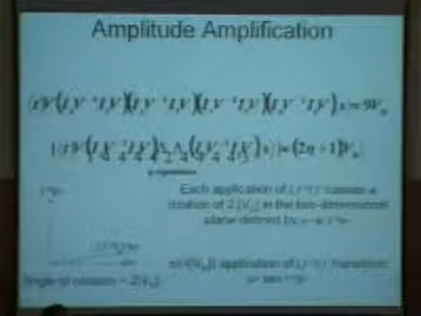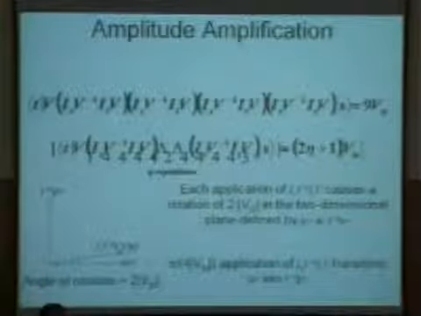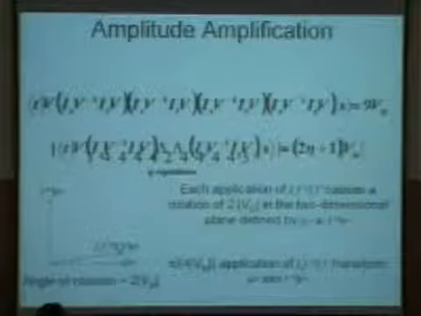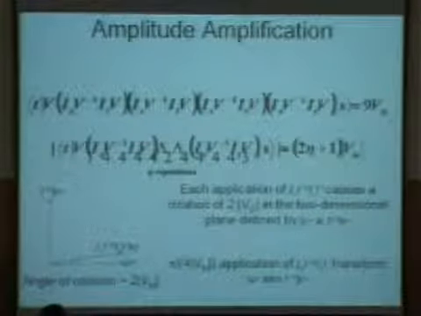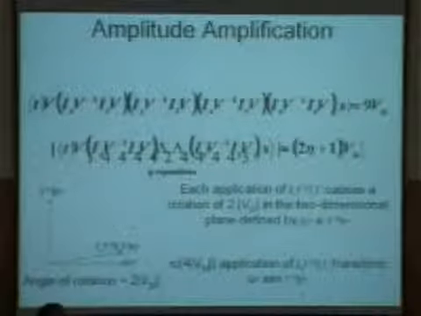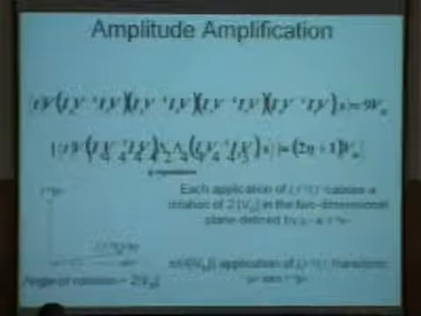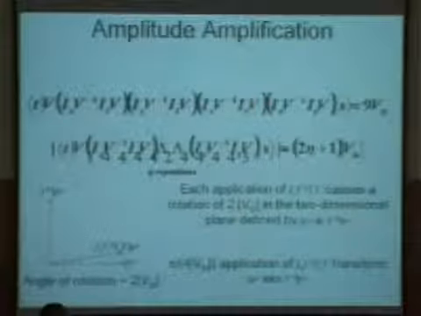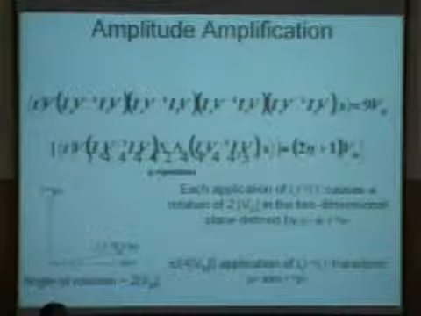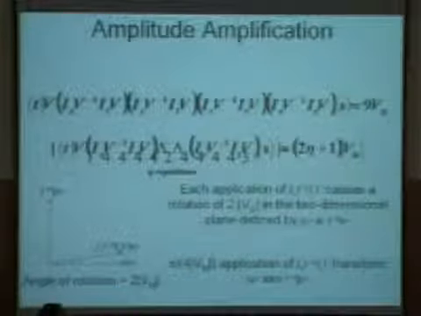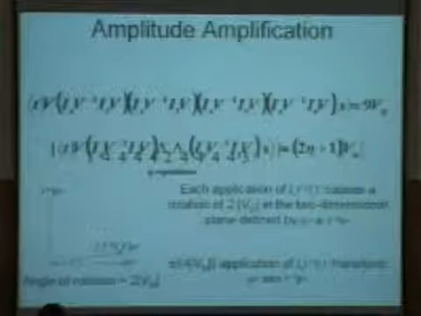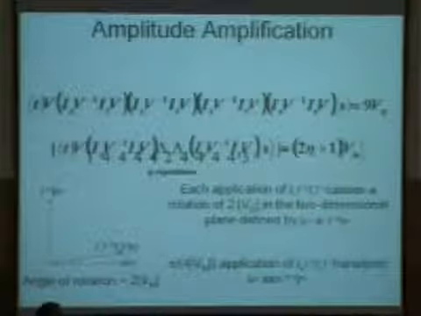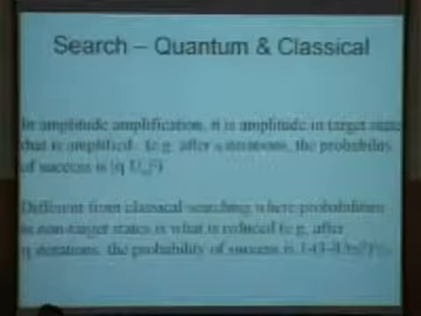Just like all other fields, over here also it is more convenient to think in terms of pictures. And the picture that emerged of the quantum search algorithm was a rotation. This whole algorithm is a rotation in only two-dimensional space, from the source to the target space. All the other dimensions cancel out. So this sequence of operations slowly rotates the vector from the source to the target state. Okay, this I already went through.